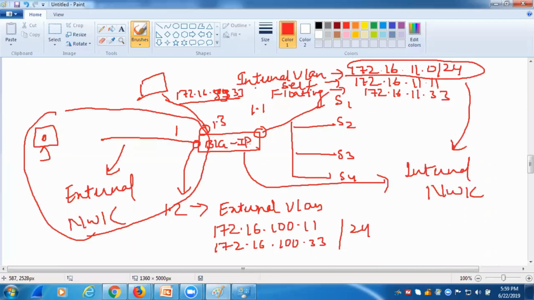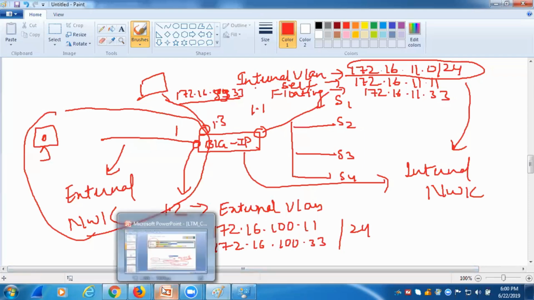Vijesh and Kamaksha, now it is clear? Yes, sir. Okay, so after the configuration is done,